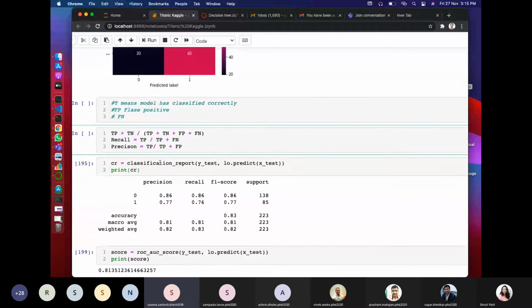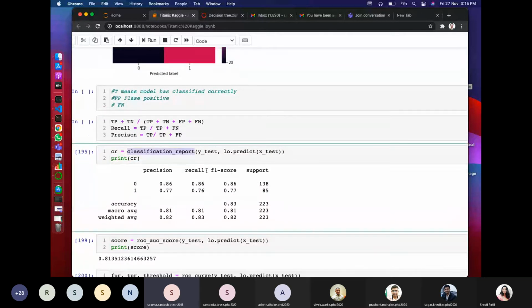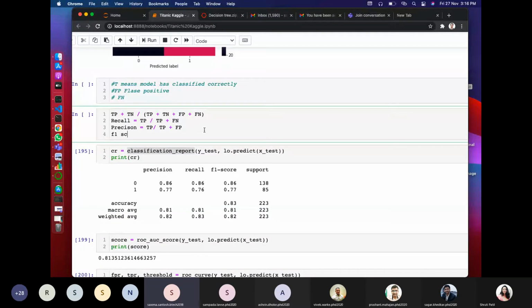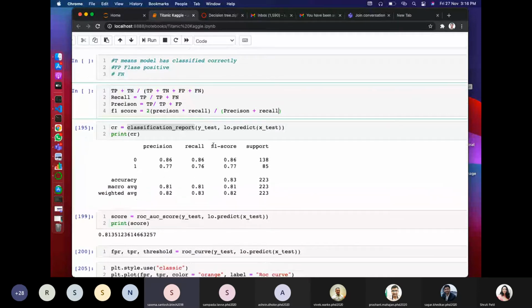The classification report does this job for us, and you can get precision and recall. F1 score is nothing but 2 multiplied by precision multiplied by recall, divided by precision plus recall. This is the formula for F1 score.